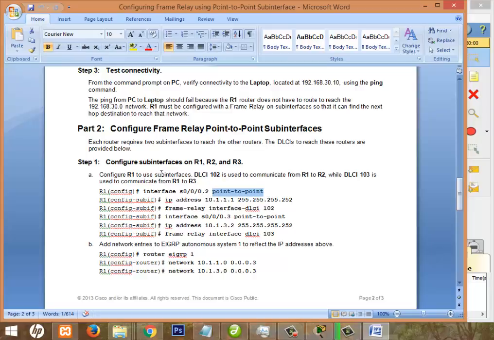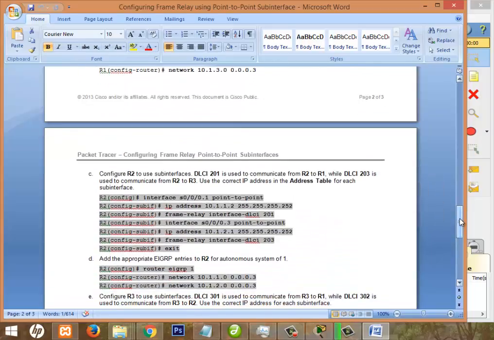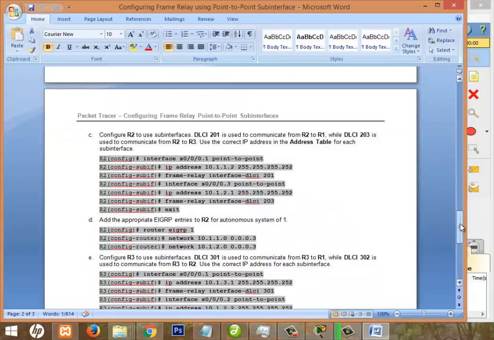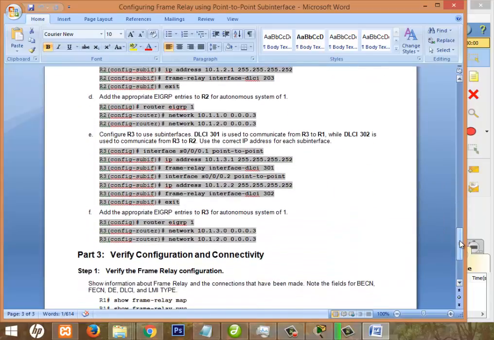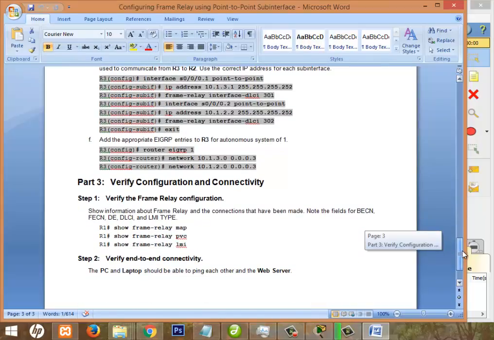From this point-to-point network, we have two different frame relays. Similarly, we configure the sub interfaces which we have obtained. The same set of commands is done for the other two routers also. So these are the commands.